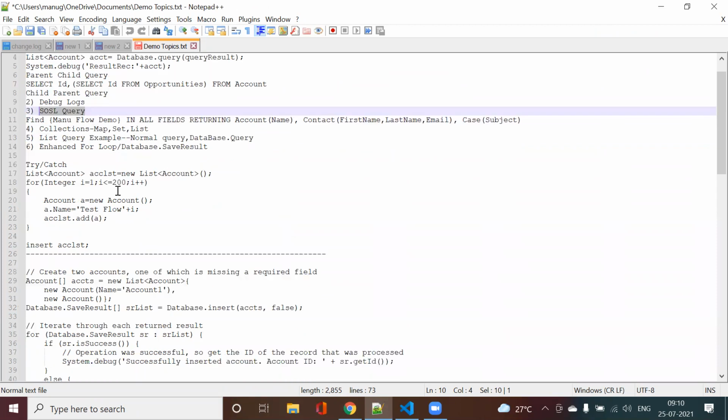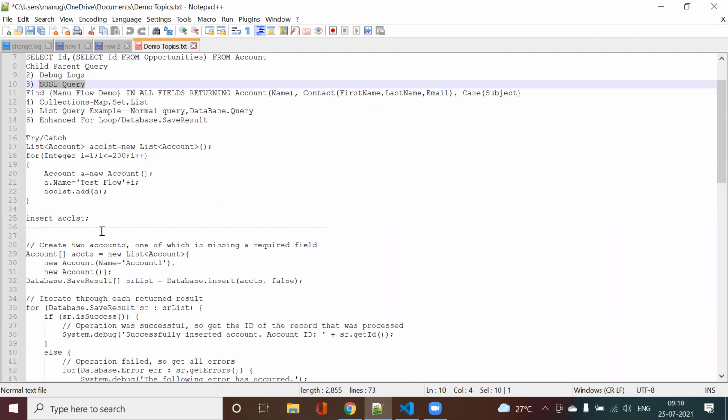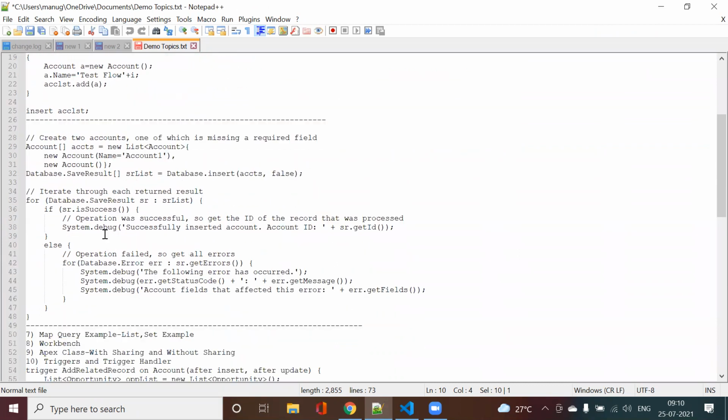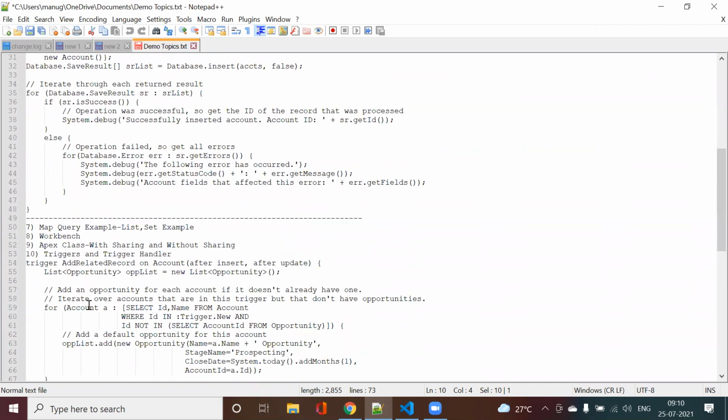Then we will go into enhanced for loops. Then how we can do DML statements in Salesforce. After that, we will go into one small code, then an example of a map query and running the code from multiple places in Salesforce. Then Apex classes, and finally we will go into triggers.